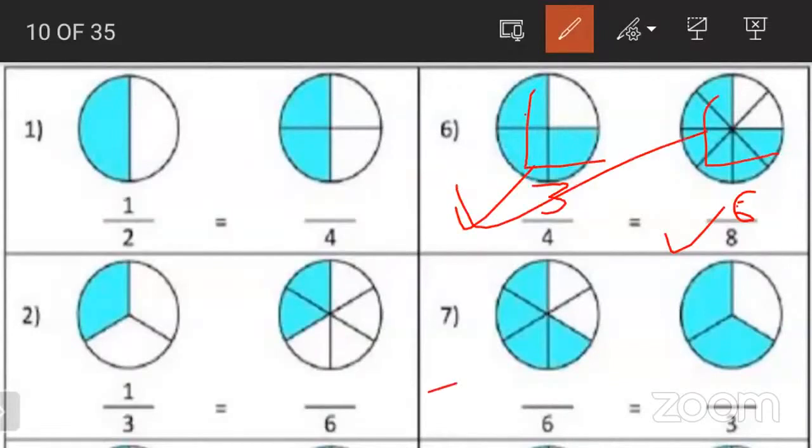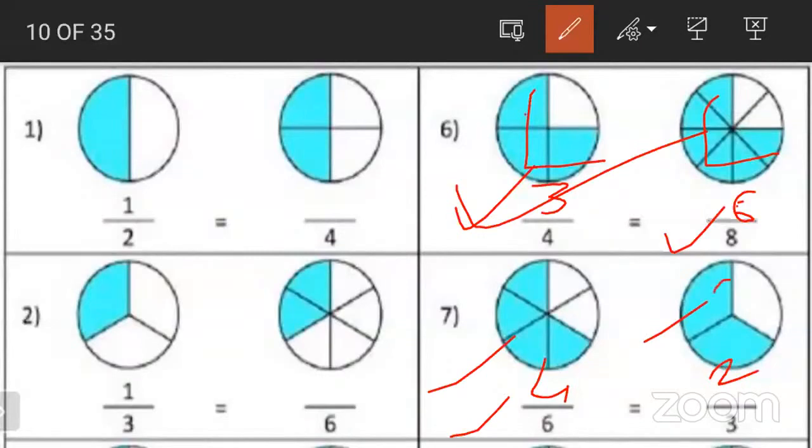Okay. Now look at your last one. What do I have to write as a numerator here? 4 upon 6. Very nice. Correct. Very good. Now here, 1 in the upon last 3. 2 upon 3. 2 upon 3. Nice. Very good. So is it an example of equivalent fraction?